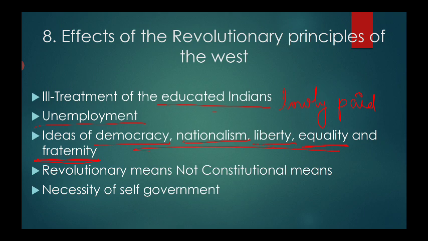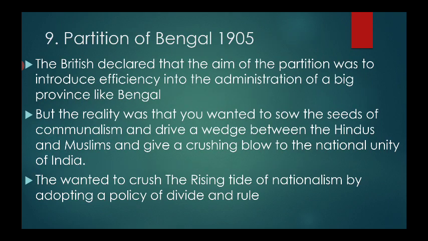But the reality was that they wanted to sow the seeds of communalism, Hindu and Muslim. West Bengal was supposed to be given to Muslims, and East Bengal was a mix of Hindu and Muslims, with a Hindu majority. So they wanted to sow the seeds of communalism, the divide and rule policy between Hindus and Muslims, and drive a wedge, a gap between the Hindus and Muslims, and give a crushing blow to the national unity